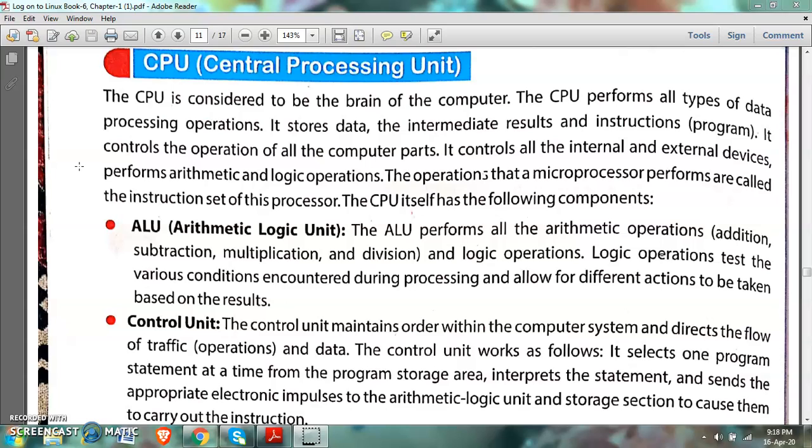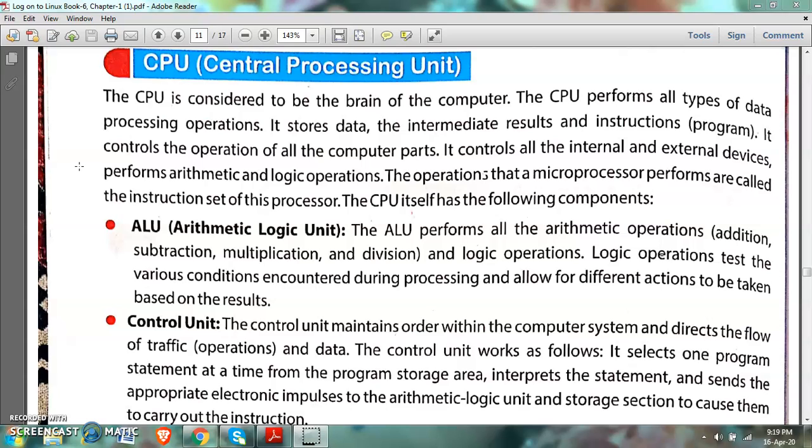The logic operation also. Logic operations test the various conditions: yes or no condition, true false condition. So conditional operations are handled by this logic unit.